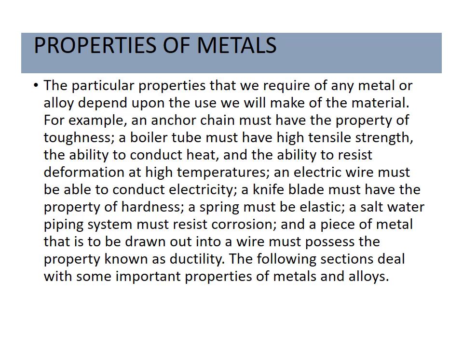Properties of metals. The particular properties that we require of any metal or alloy depend upon the use we will make of the material. For example, an anchor chain must have the property of toughness. A boiler tube must have high tensile strength, the ability to conduct heat, and the ability to resist deformation at high temperatures. An electric wire must be able to conduct electricity. A knife blade must have the property of hardness. A spring must be elastic. A saltwater piping system must resist corrosion. And a piece of metal that is to be drawn out into a wire must possess the property known as